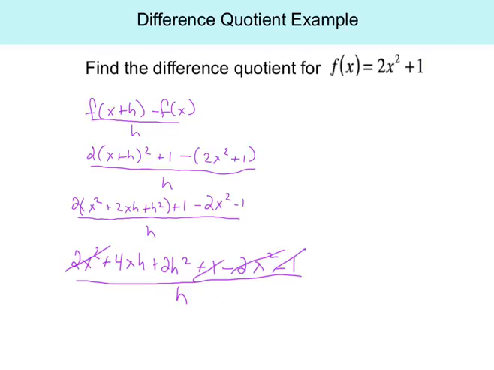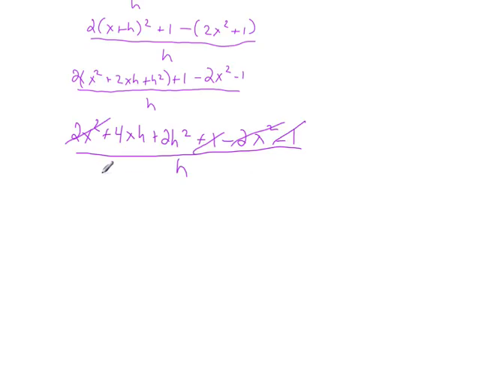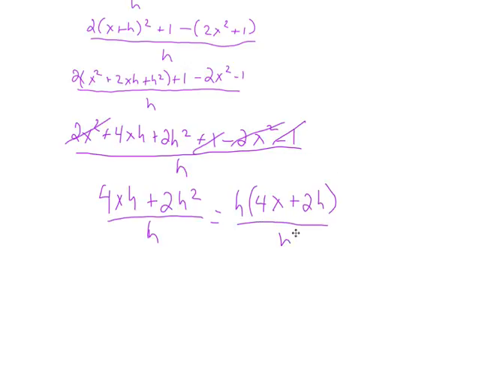So then I'm going to be left with 4xh plus 2h squared all over h. Well, I'm going to be able to factor an h out of my numerator. So h times the quantity 4x plus 2h all over h. Those are going to cancel out. And I'm going to find that my difference quotient is 4x plus 2h, which is really good to know because